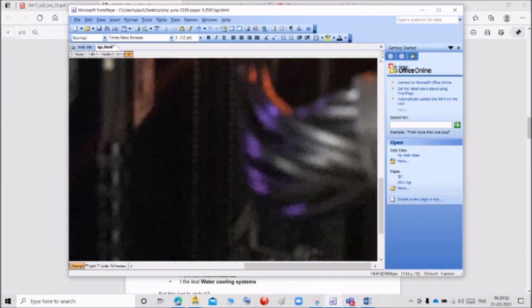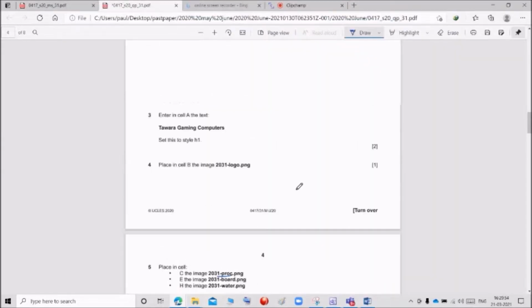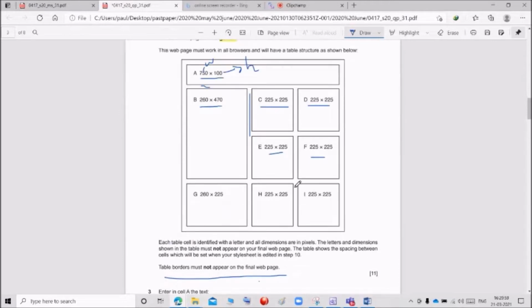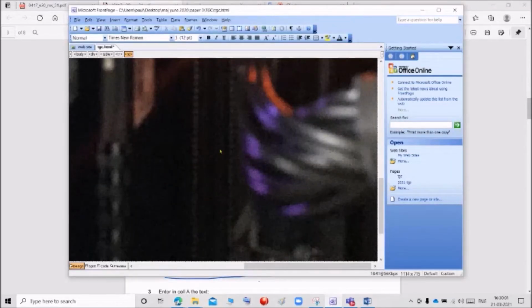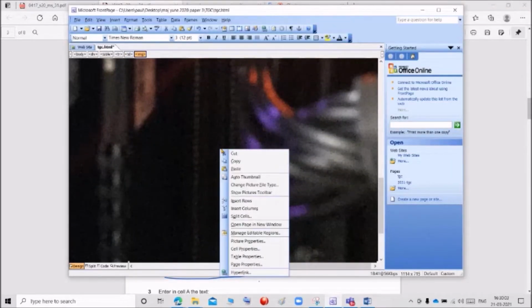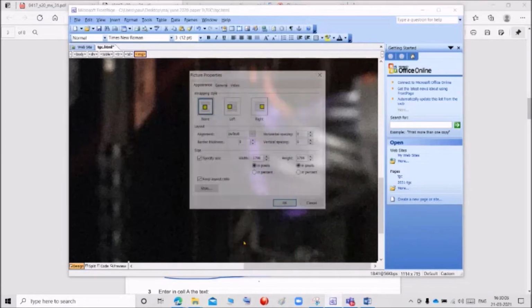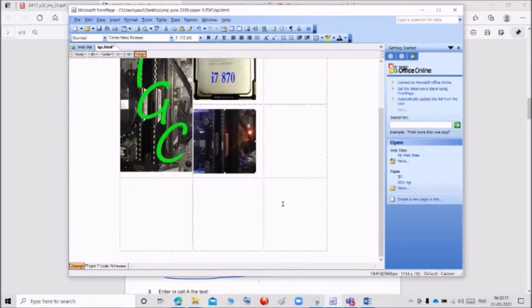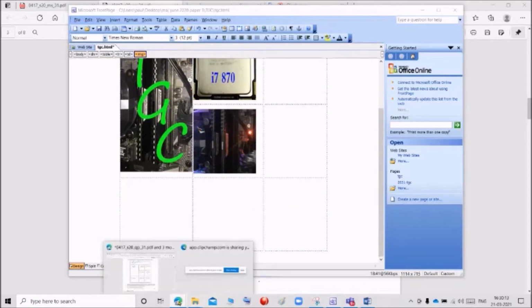See, the image is bigger, so we want to change. Actually, the size of E is 225 into 225. So select the image, right click, go to the picture properties, give 225 and 225 and click OK. So the image will be resized.